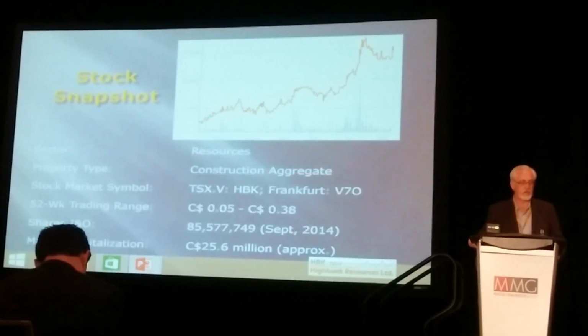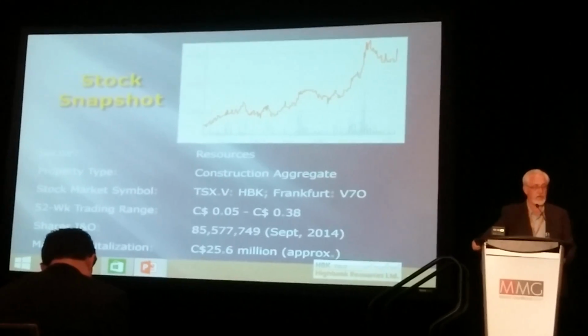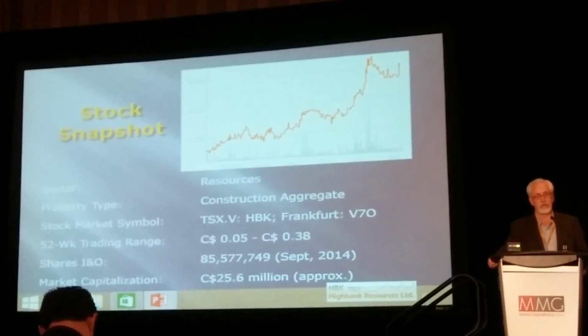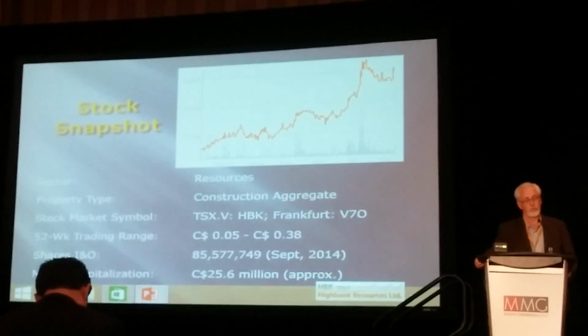A quick snapshot of our stock. We're about 85 million shares issued as of September, and we've grown from a 5-cent stock to a 38-cent stock in the last year, and very small market cap at this point. We're looking at